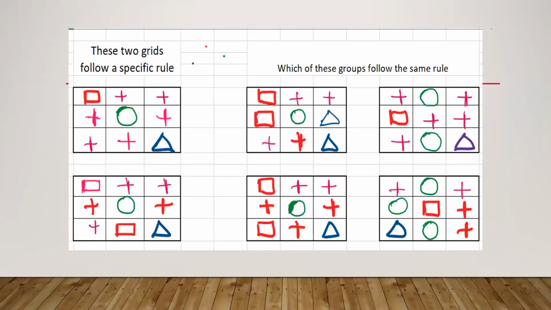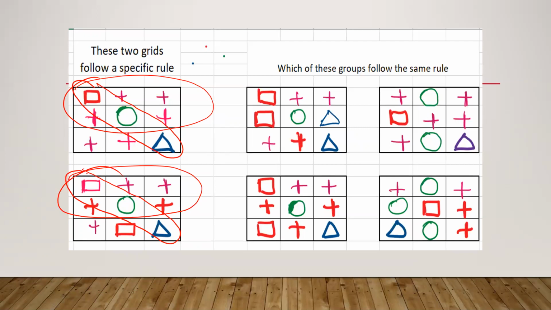Now going further, next problem. If I see row wise, the first row is same in both. Then the second row is also same in both. Third row is not same. So the first two rows are same in both. Okay, so I got a very big element to compare. Diagonal wise also, if you see, they are same.